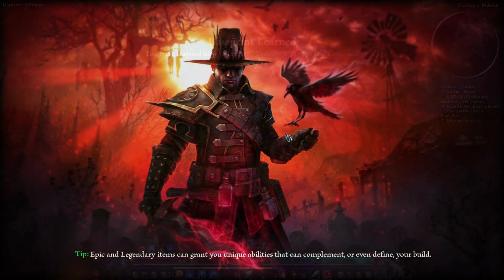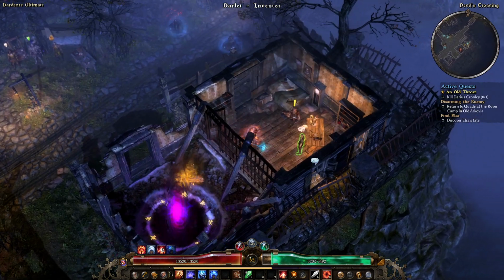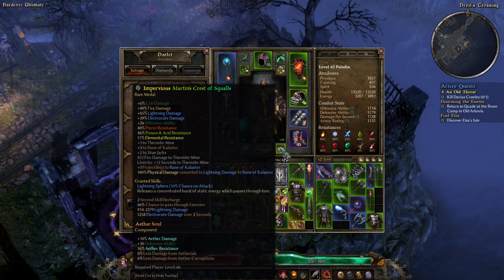And we'll head back to Devil's Crossing and melt down the previous one. Give me my Aether Soul back. Tinkering is my specialty. Salvage, keep add-on. There we go. So, it is important to upgrade your items that have procs on them, because the